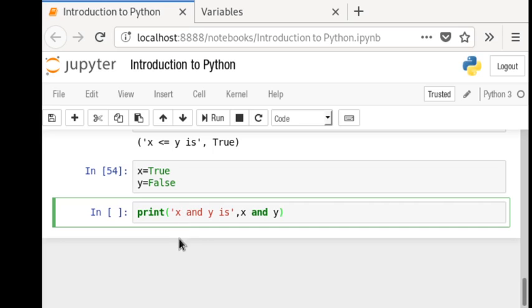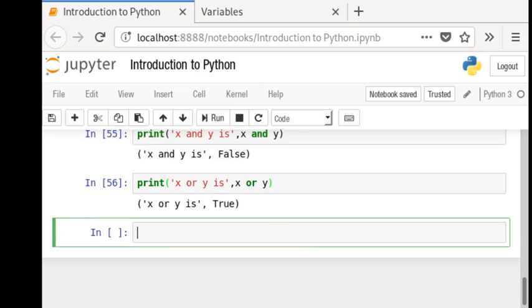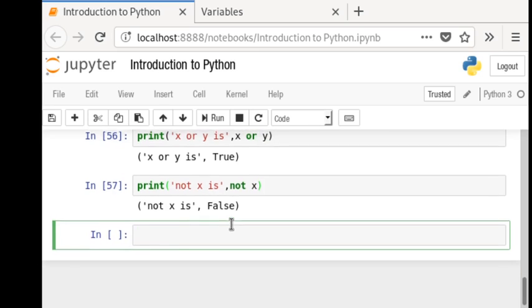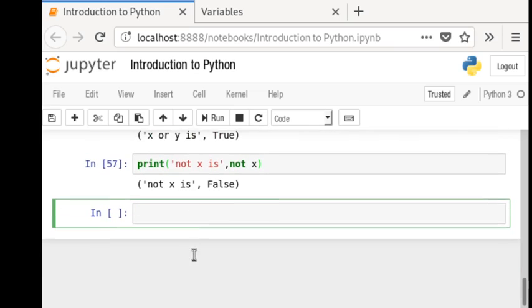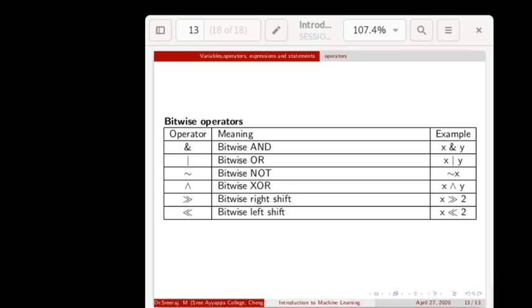First one is print x and y, definitely we know the answer is false. Next one, x or y, definitely it's true, and next one is the not operation. The previous x is true, and now after the not operation we can see that its value is false.